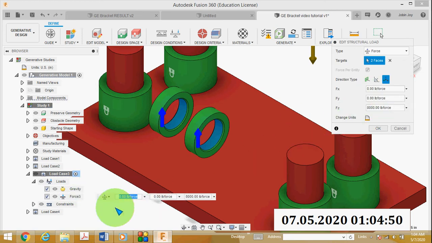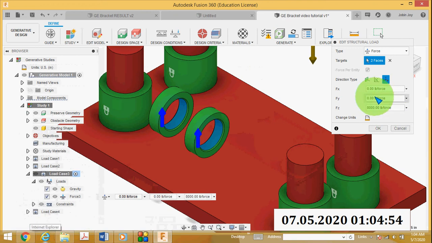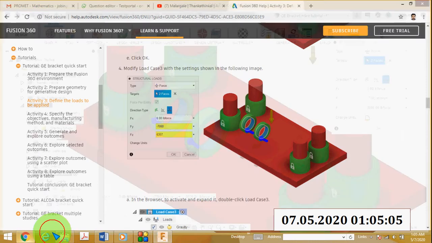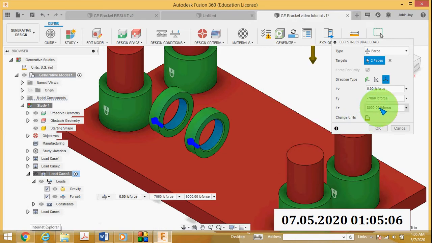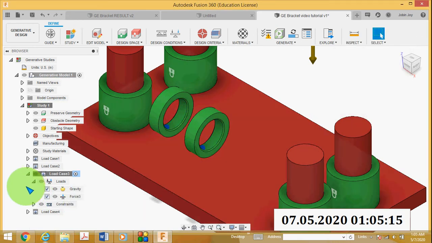The Fy value is minus 7060, and the Fz value is 6357. Then click OK. So that is load case 3.